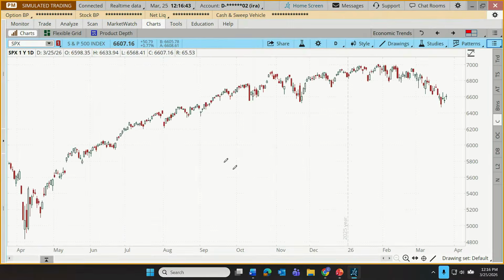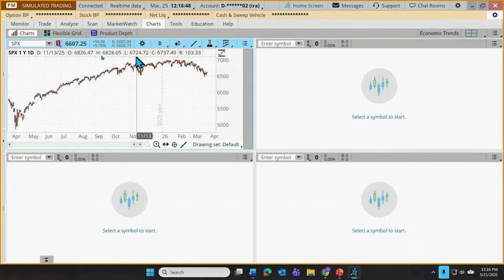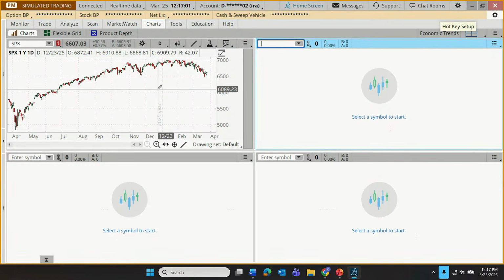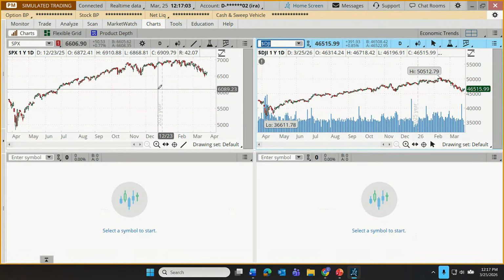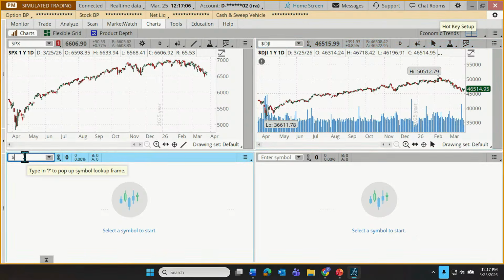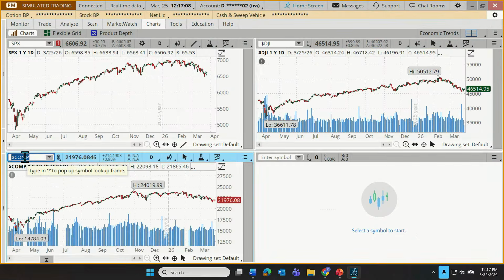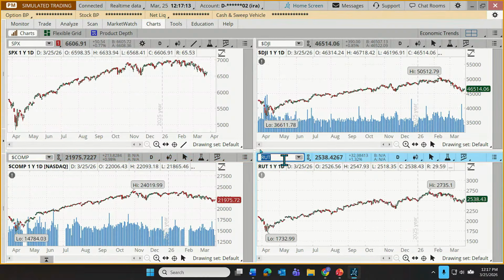So let me maximize this cell of the S&P 500. Or you know what? Once again, let me go back here. I was going to load up the individual symbols separately. I don't think I'm going to do it that way. Let's just pop them in here while we have the grid displayed. So how about we're watching the S&P? Maybe we're keeping an eye on the Dow. Maybe we're also tracking the NASDAQ composite. And finally, maybe our trader's keeping an eye on the Russell as well. So there are 4 major market indices.